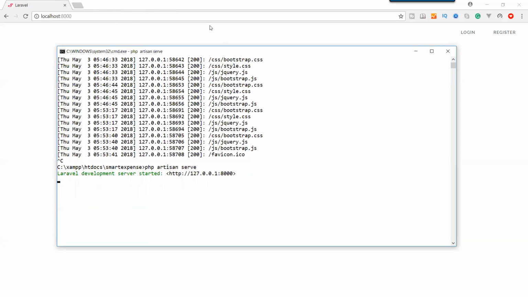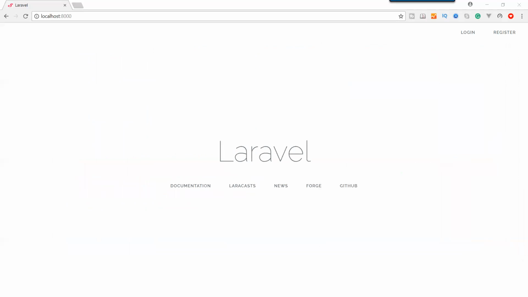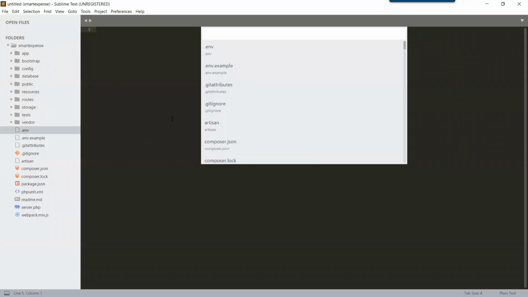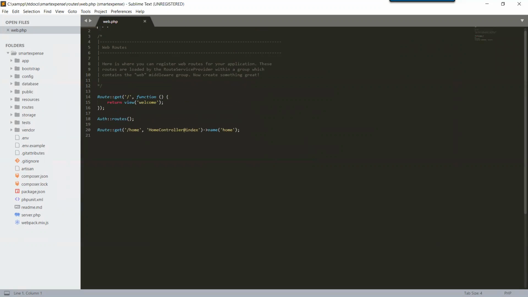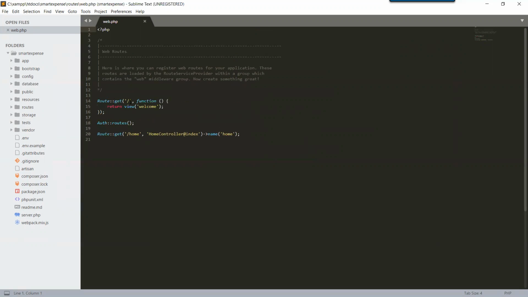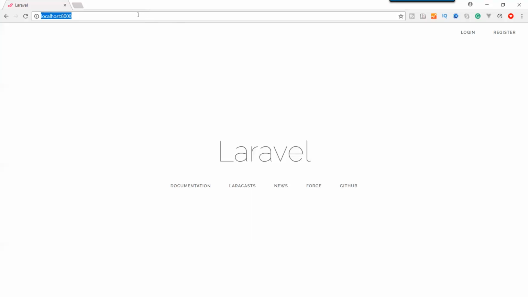So our server is running. Hit refresh, and you are accessing the welcome root, which is the index GET function. We can access our web.php with Control P, and here we have the root, the default root directory. It accesses the page and returns a closure function which returns the view welcome, and so we get our welcome page.